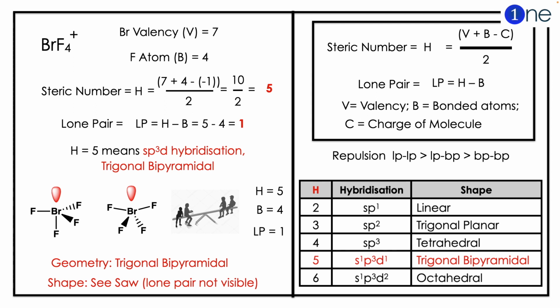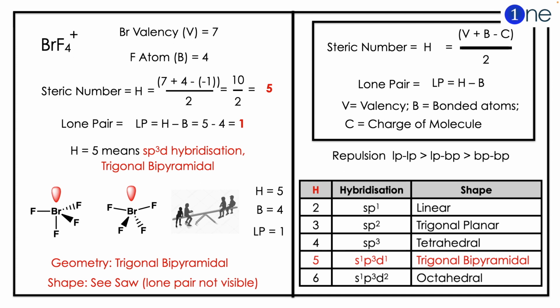The formula for steric number is (V plus B minus C) divided by 2. Here the bromine valency, which is V, is 7. Fluorine atom is 4. If you substitute in the formula, you get steric number 5. Then if you find the lone pair, which is 5 minus 4 equals 1, steric number 5 means sp3d hybridization with trigonal